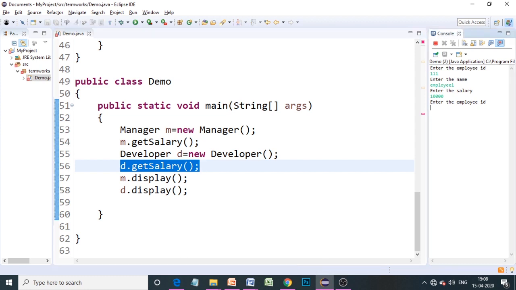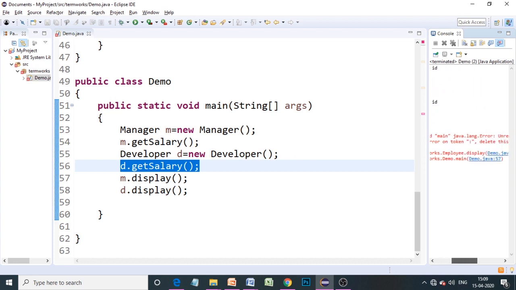So far we have read about the manager. So for this developer, I will give the ID as 222, and the name as developer so that it will be easy for us to trace. And then the salary of the developer, let's make it 8,000 here. Fine. Okay, we are getting some syntax error here. What is the error? Delete this token, error unresolved compilation problem.